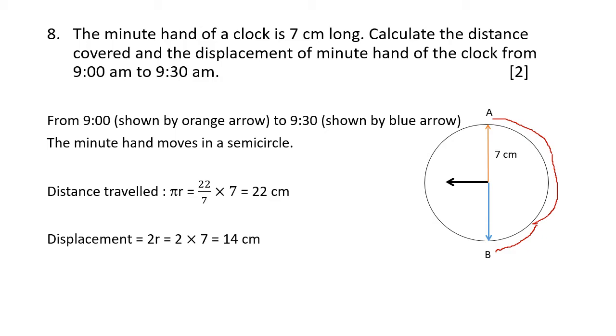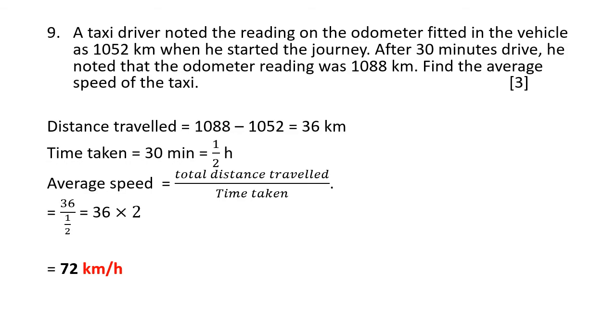So the distance traveled from A to B is 22 centimeter because you are following a semicircular path, and the displacement is 14 centimeter. So I have given this sum, and remember this is not linear, this is circular motion. So you should know the formula of the circumference of the circle, that is 2 pi r, and half the circle is pi r. So this was the question which was a doubt to you. Now you need to practice a few of this circular motion in circles.